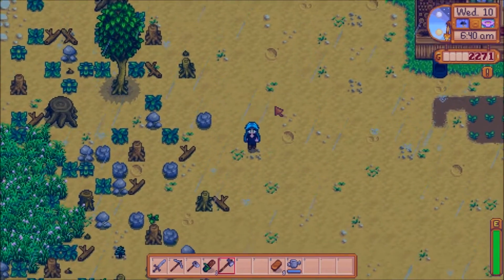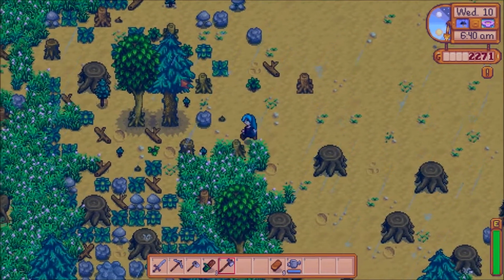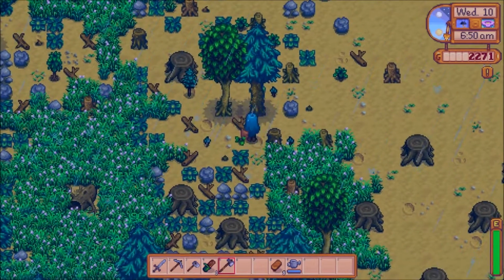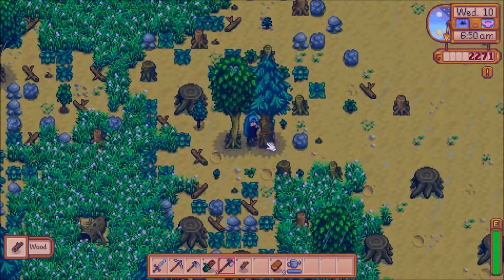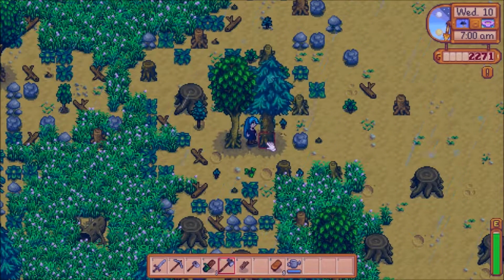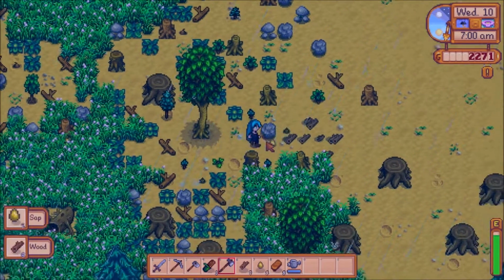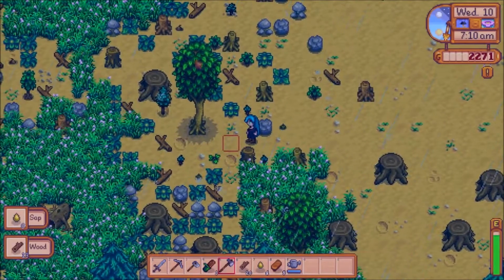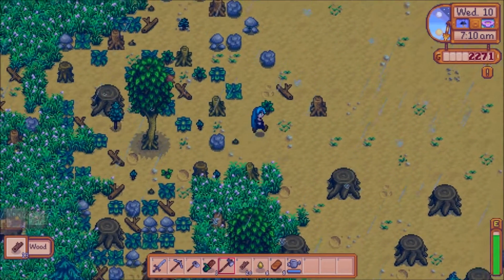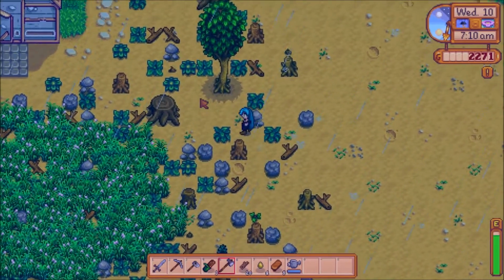Nom nom nom. A quick way to tell the difference between the trees. The pine trees are these right here. They're darker and have the more piney look, I guess. The oak and maple are a little bit harder to tell the difference. I believe the biggest difference that I notice is that the maple trees show a little bit more of the branches, whereas the oak trees, if I actually could find one...